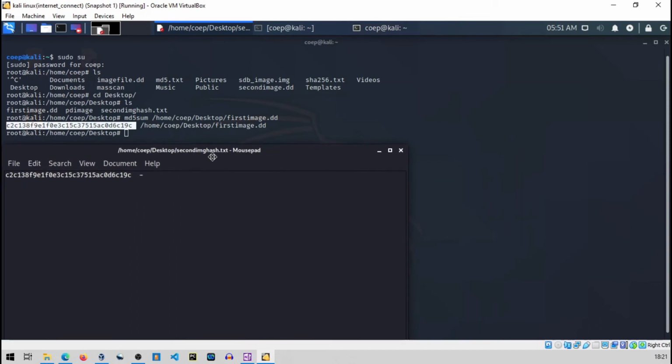You can see both of these hashes are matching. So we can verify the authenticity and integrity of our images. So this was the second application of dd, and I will go and show you the next command.